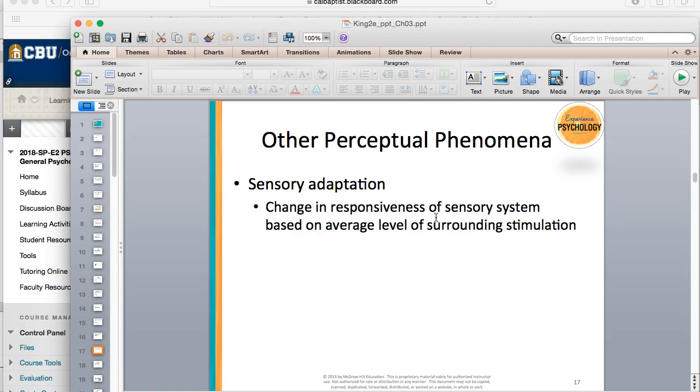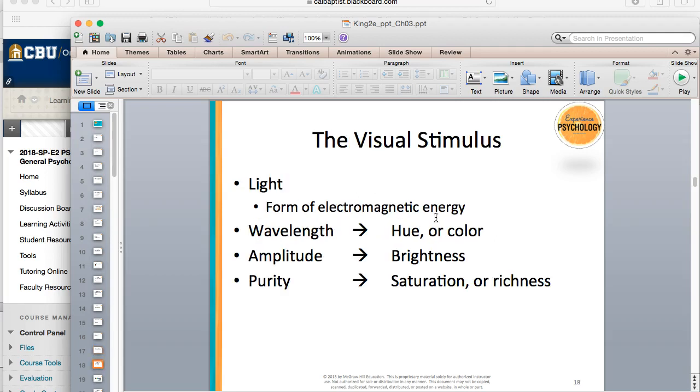Sensory adaptation, and like I said, we talked about adaptation. It's the change in responsiveness of the sensory system based on the average level of surrounding stimulation. So, visual stimuli. We talked about the different senses, and light being one of them. It's a form of electromagnetic energy. In biology class you've probably learned about wavelength, amplitude, and purity. Wavelength is the hue of the color, amplitude is the brightness, and purity is the saturation or richness. So this is all in reference to what we see and what we visualize